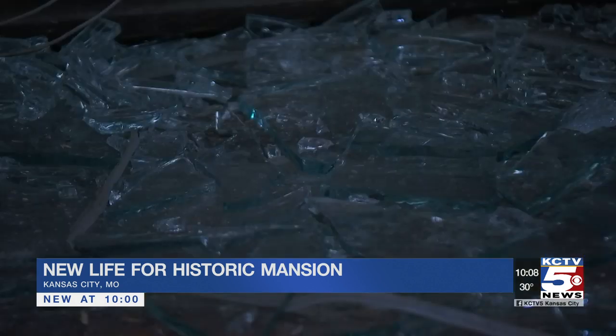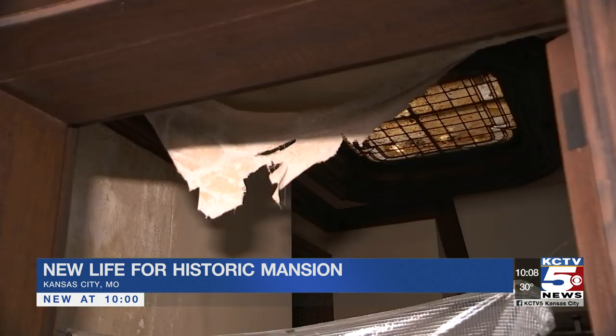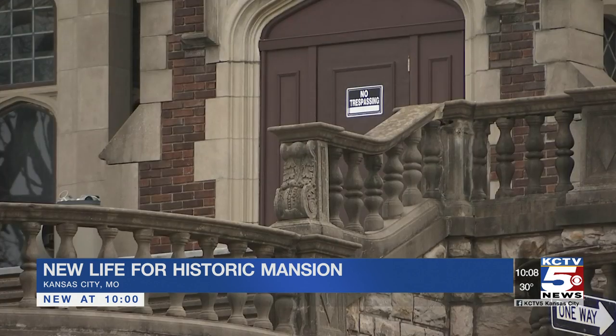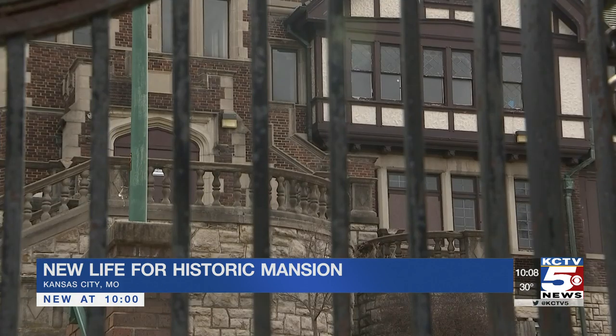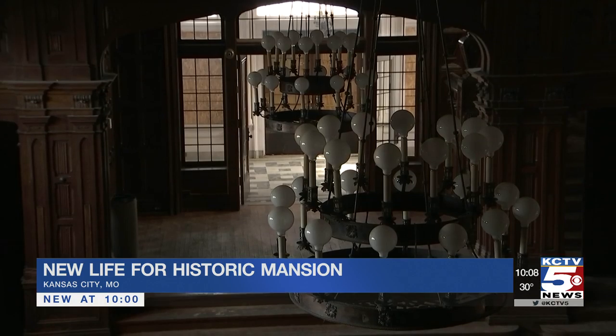Vandals have broken out windows, now boarded up. Graffiti on the walls has been left to sit. The building is now on historic Kansas City's most endangered buildings list. For years, UMKC has tried to find an investor to bring the home back to life by word of mouth in the preservation world. But when the new chancellor saw the house on the hill and saw inside, he pushed